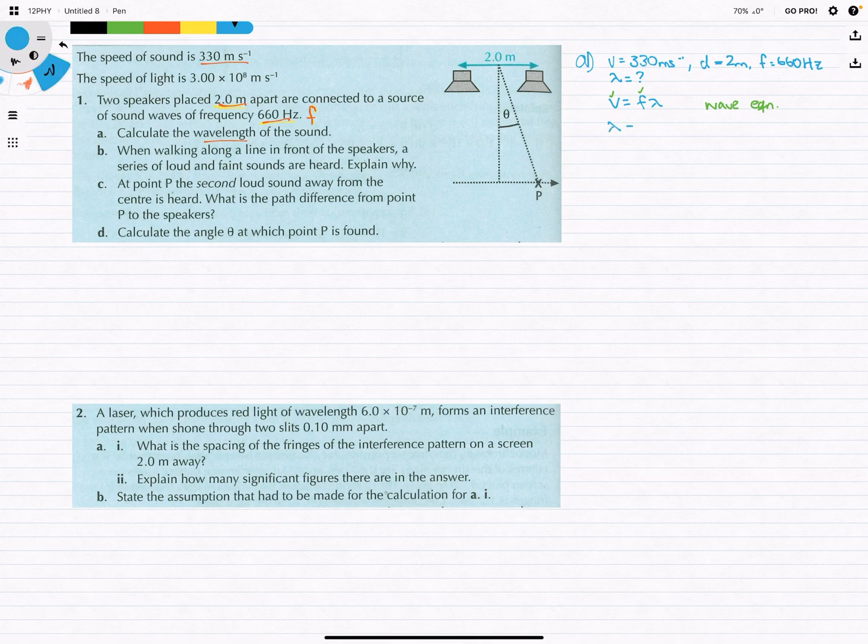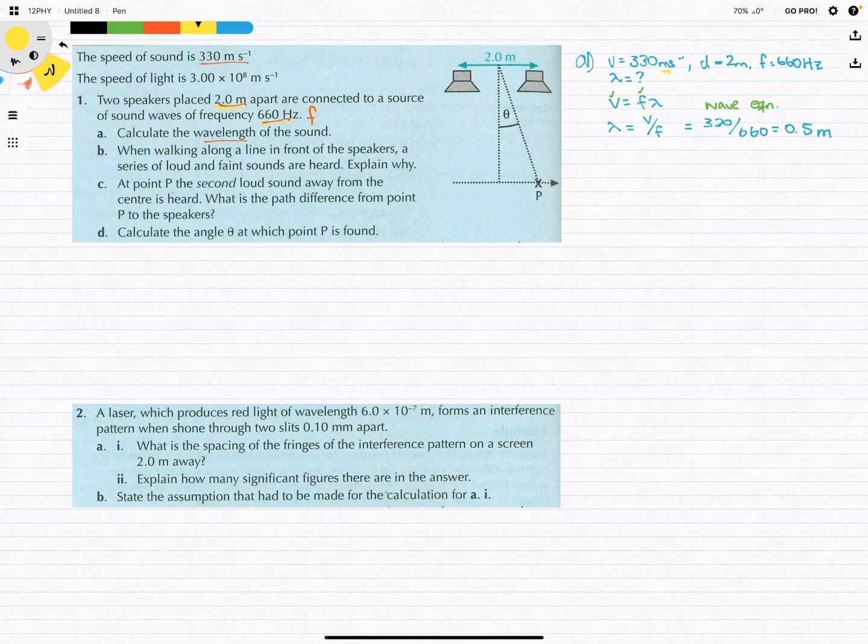Lambda equals V divided by F, equals 330 divided by 660, equals 0.5, and we know wavelengths come in meters. We know that because we put meters into our equation, 330 meters per second, so we get meters out the end. Okay, great. B. When walking along a line in front of the speakers, a series of loud and faint sounds